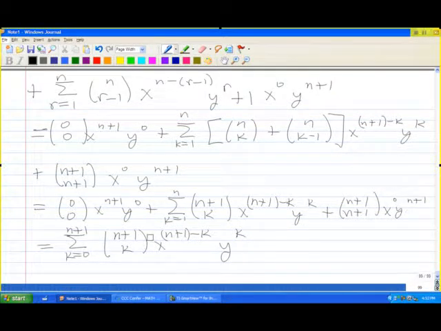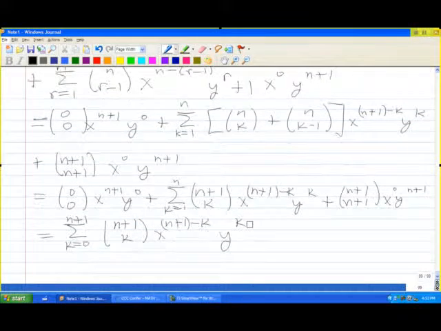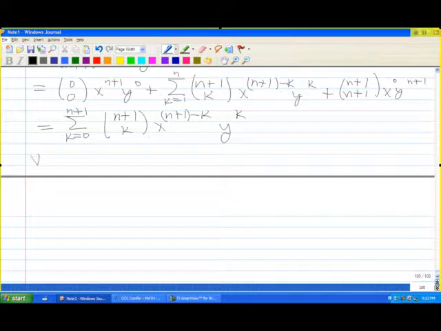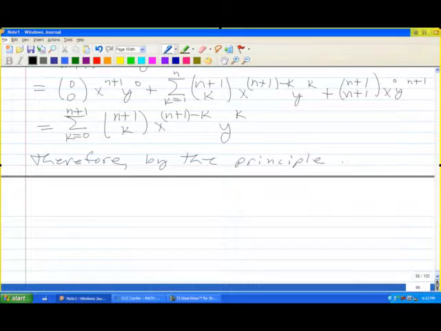This last term is the last term in this expansion. And that's what I wanted to show. And so I've shown the induction step works. Therefore, by the principle of mathematical induction,